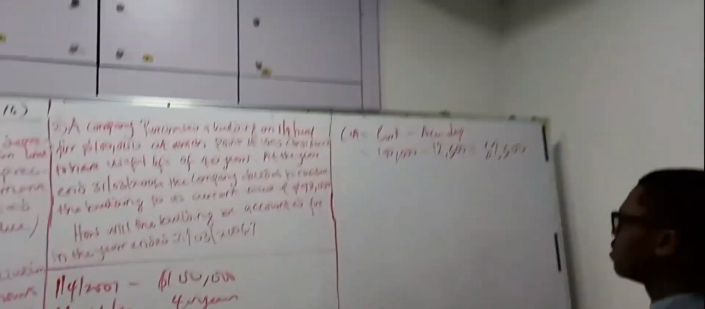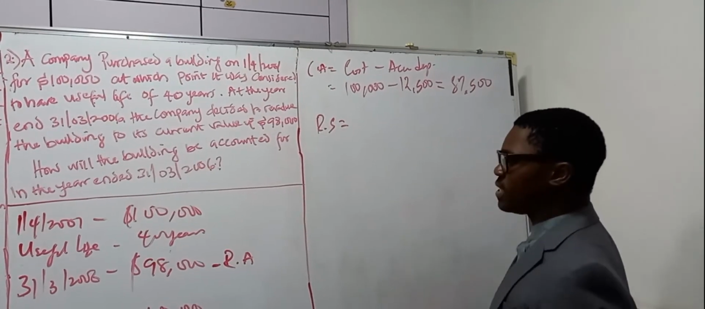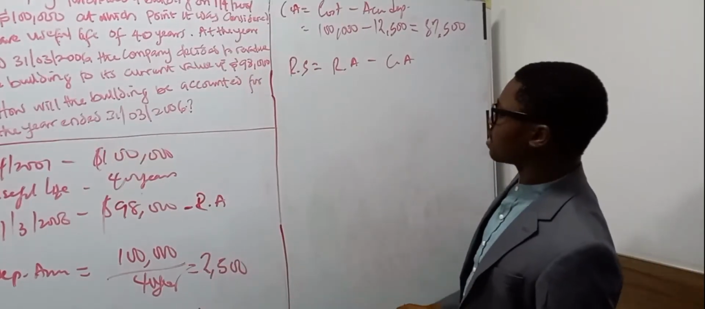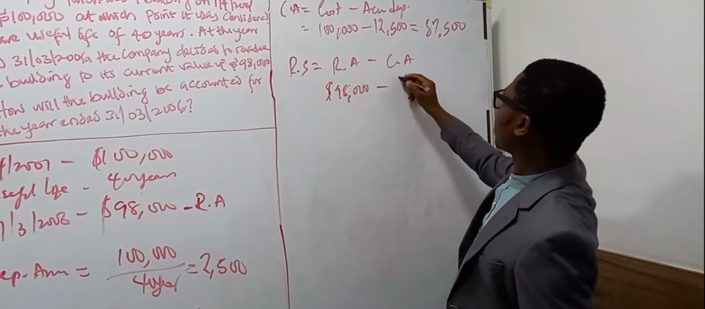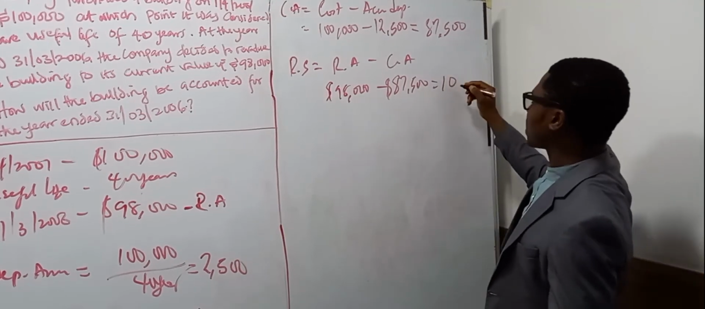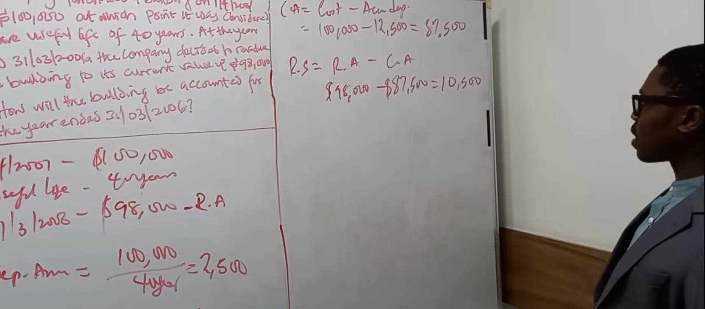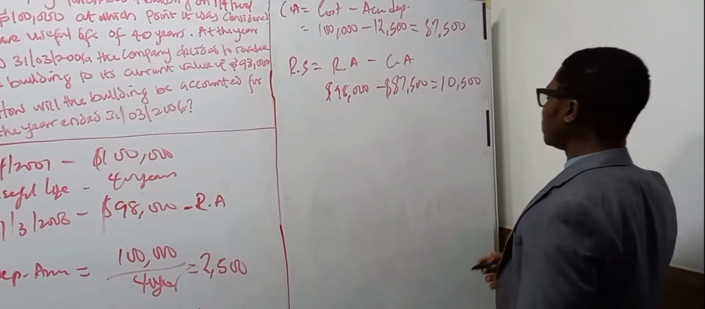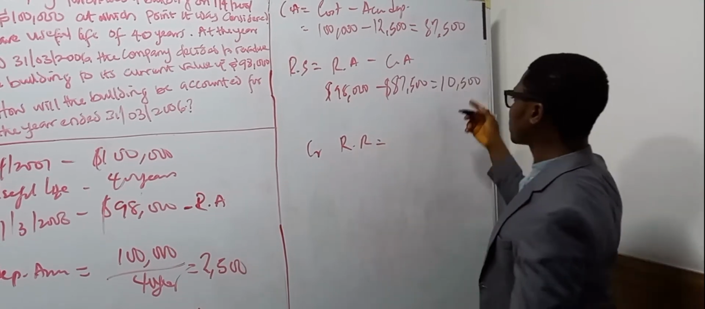Now, we know well that the revaluation surplus will be the revaluation amount minus the carrying amount. What's the revaluation amount? The revaluation amount is $98,000 minus carrying amount of $87,500, and that will give us $10,500. So having that as $10,500, what will now be the accounting entry? The accounting entry will credit our revaluation reserve with